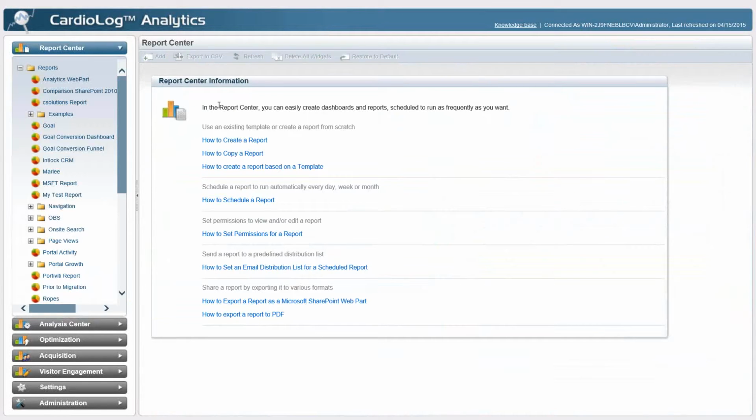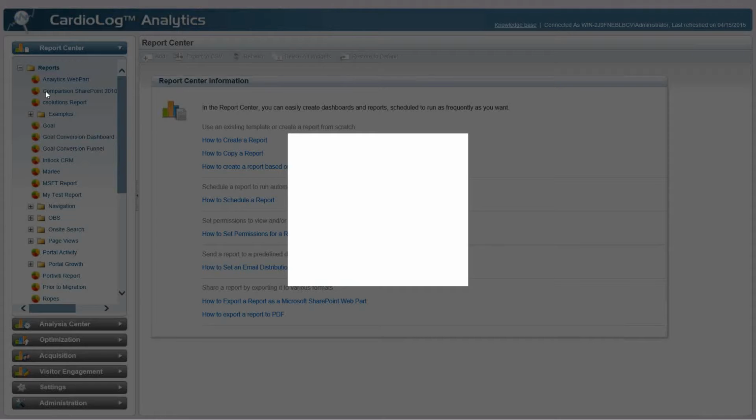The second area of the tool is called the Report Center, and here we can create scheduled dashboards for our users. So we can create a dashboard for each site, for the owners of that site. We can create a dashboard for different lists and so forth. Let's build a dashboard together, show you how easy it is and how detailed the reports can get. We'll choose a blank report, again, to show you how easy it is even if we do start out from scratch.